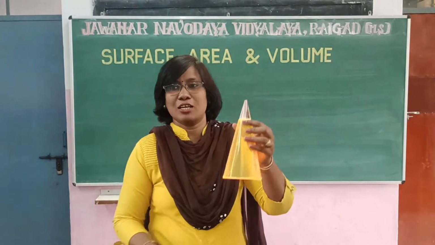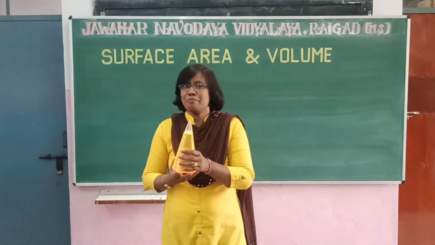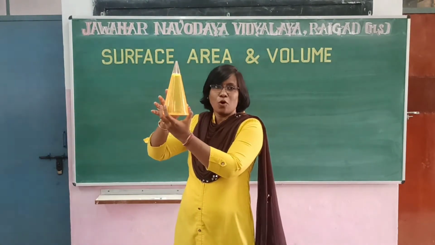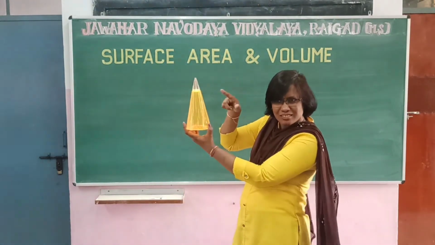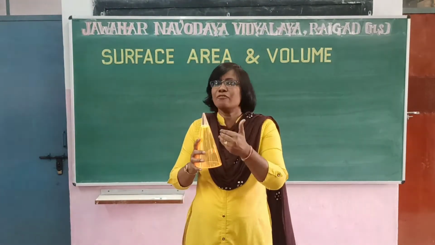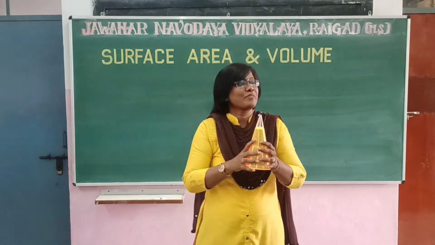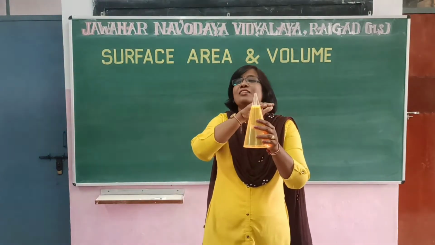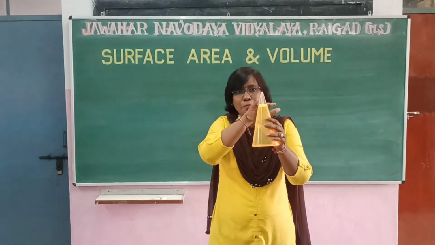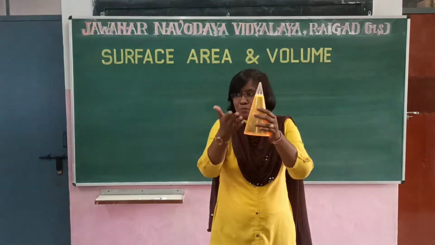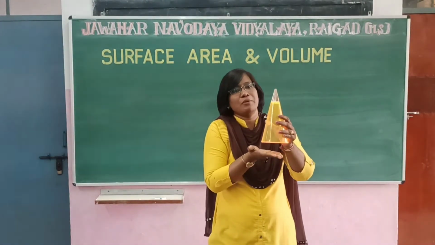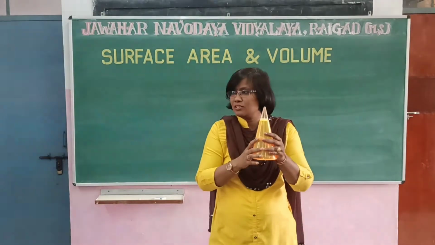Fantastic. And Ved has told you about the cone. Let me add one more statement. If you can see this cone, you can see it in 2 different colors. Why so? Why 2 different colors? Yes, if you cut the cone in such a way that the top surface will be parallel to the bottom surface. So can you tell me what shape will be the bottom surface and the top surface?